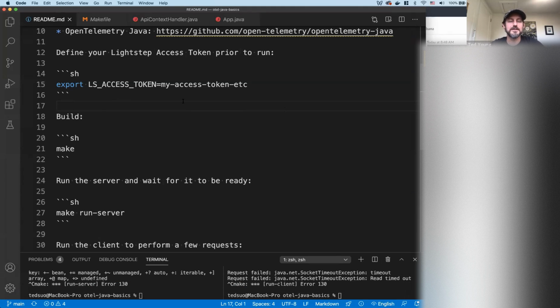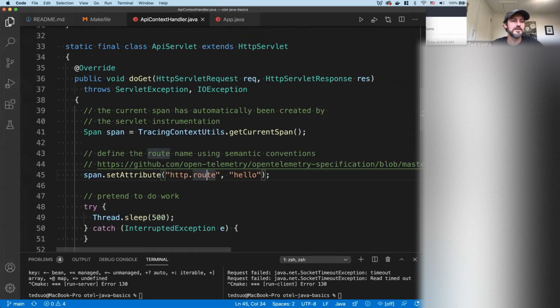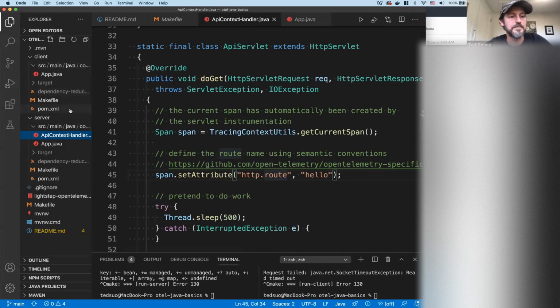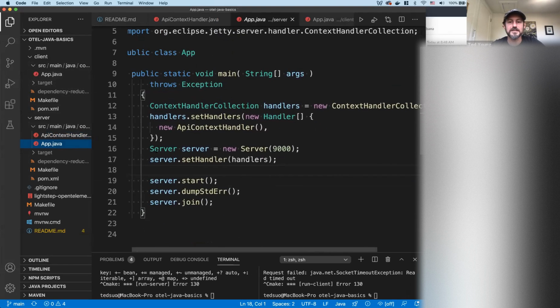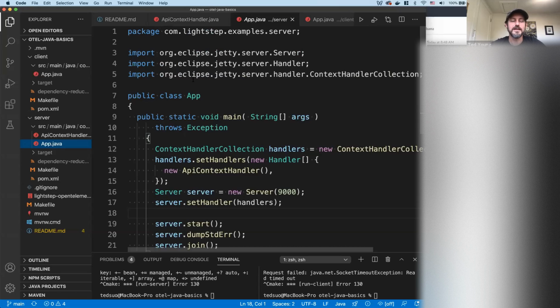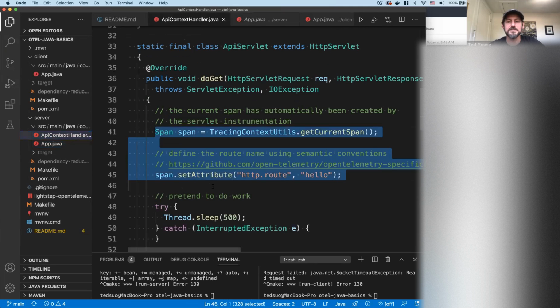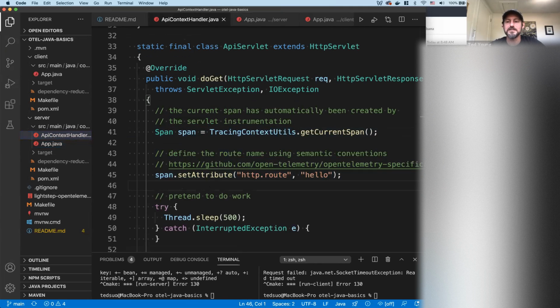Okay, so popping into some actual code, let's have a look. If you look at this walkthrough code, it's a very simple client server example. Here we're just setting up a little Jetty server. Since OpenTelemetry comes with a servlet instrumentation out of the box, it's automatically instrumented. We've added some additional instrumentation in here just to explain it and show it off.